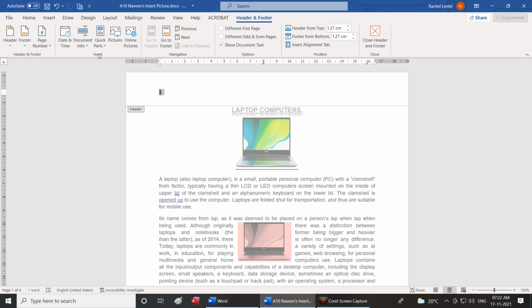A, date and time option. Insert the document info.